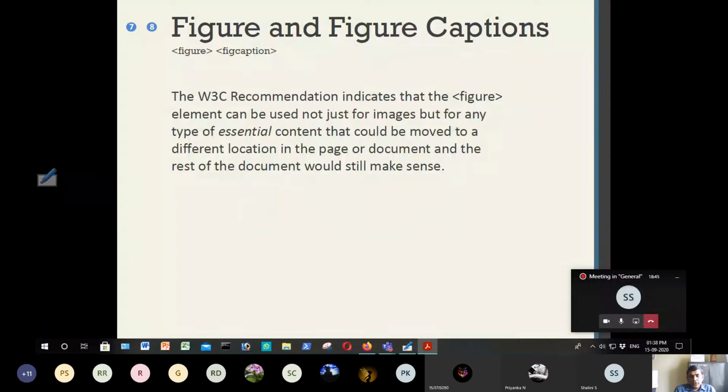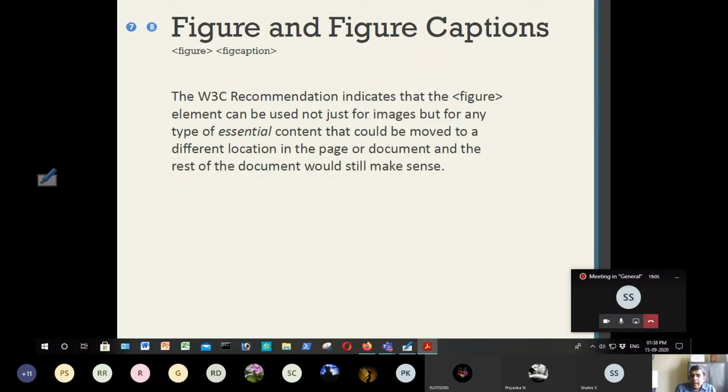So far I told you about navigation. Similarly, you can add an image in a document by using the img tag, and the img tag clearly tells you it is an image.